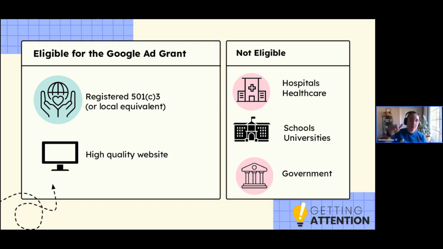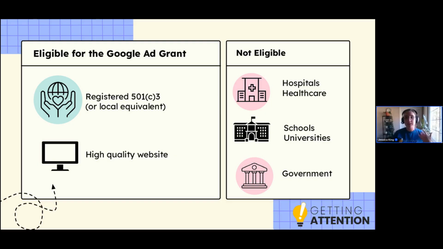So let's say we've ticked that first box. We say, yep, we are a 501c3. What's next? The other requirement that Google gives is a high quality website, which is super specific. And I'm sure all of you are going, yes, I know exactly what that means. Don't worry, we're going to break that down. There are three things Google's looking for when it is looking for a high quality website. The first, pretty easy one, even though it sounds the most complicated, is that you need an SSL certification. That means basically that information being transmitted in your site needs to be transmitted securely.